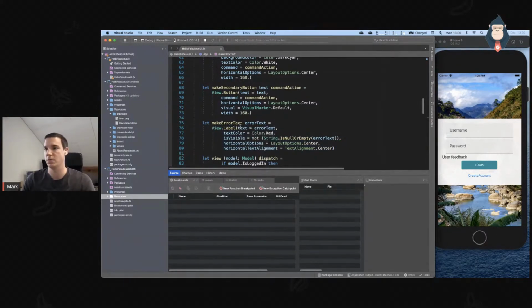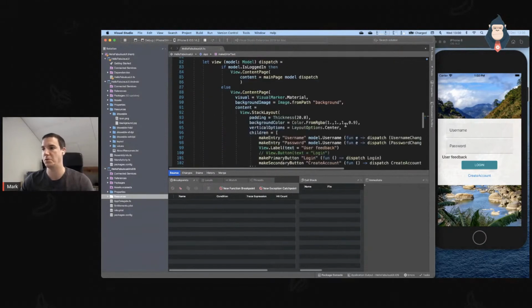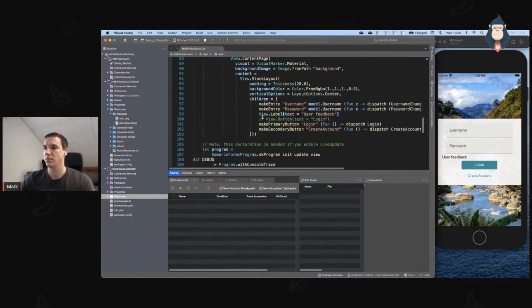Okay, so now this is the label that we'll be using. So we got an error text in here, and we'll just make it red, and we will only display it if we actually got an error text to display. Simple as that. We could probably go on and do some even more extravagant styling with that.